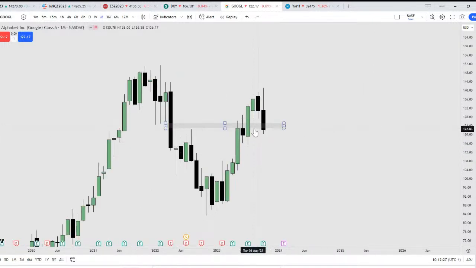Right now, to me, it's 50-50 for Google. Okay. If you are bullish, you don't really want to see this down close candle traded through. Worst case scenario, you don't really want to see this fair value gap traded through. So no closing prices below this level here, 109.17. If it closes below, then I'm gonna lean bearish for Google.